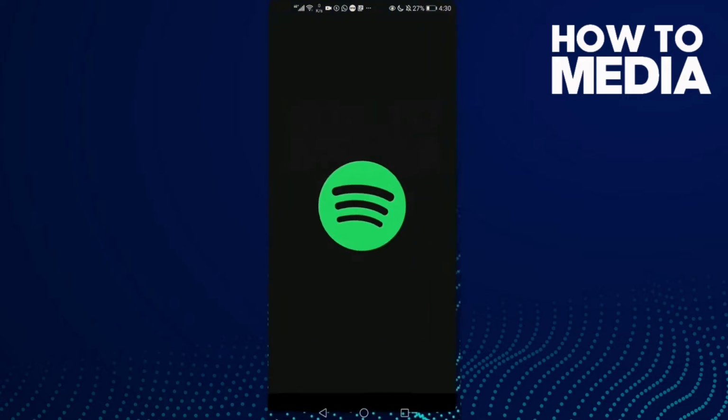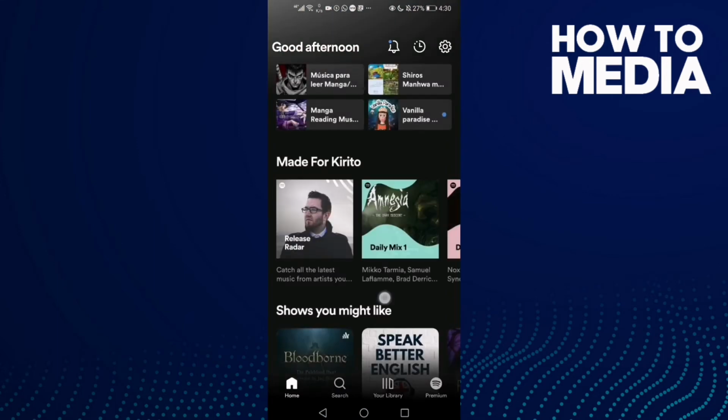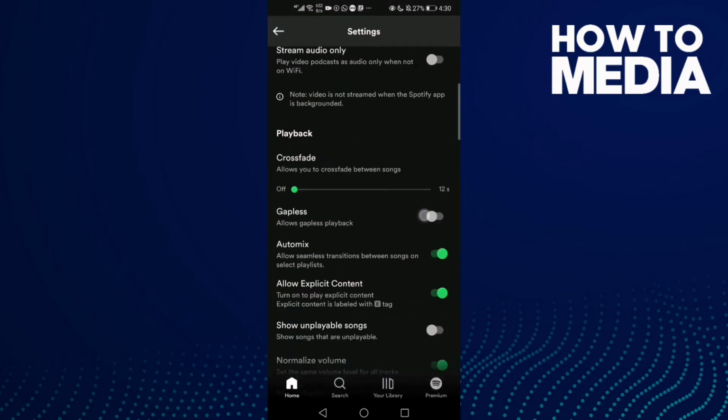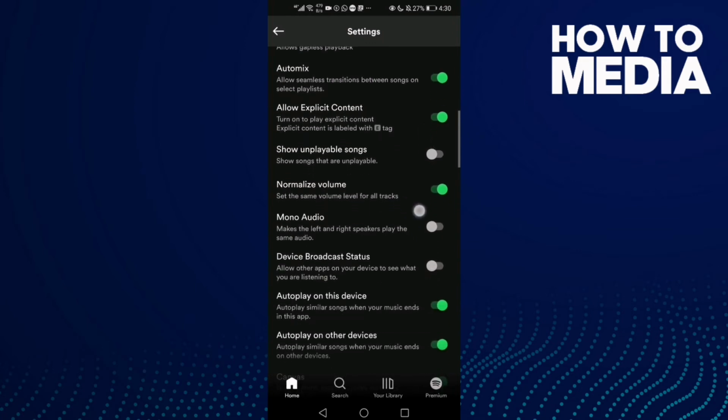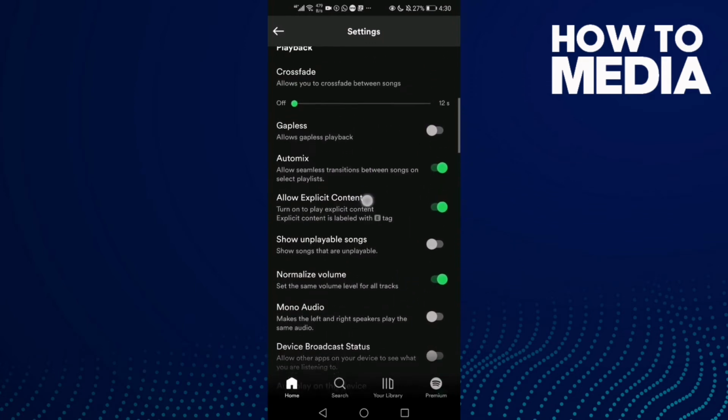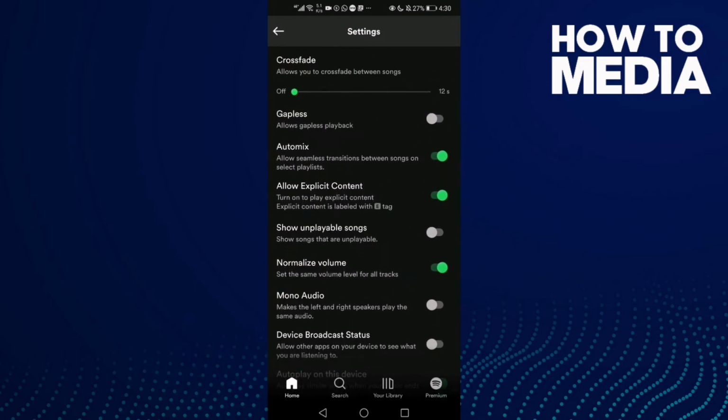First go to Spotify and now just click here on settings in the top corner, and then you need to find this one, allow explicit content. Just click on it to turn it off,